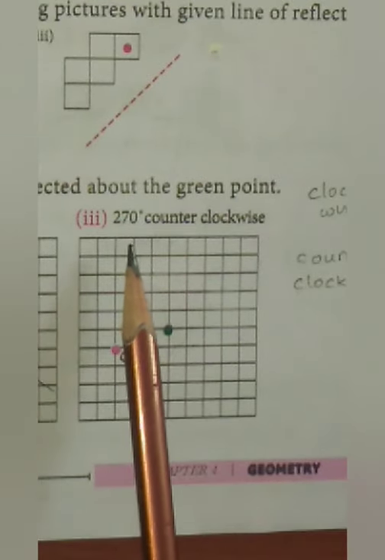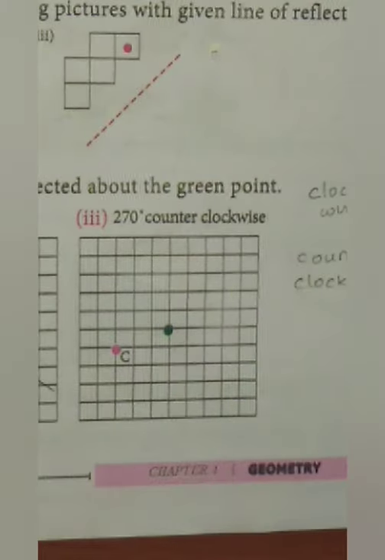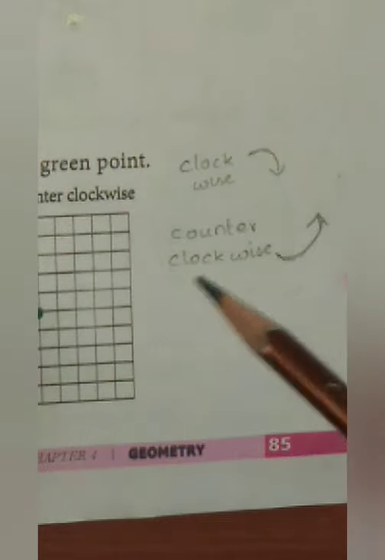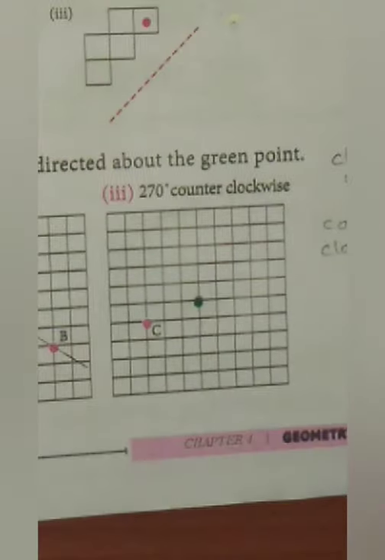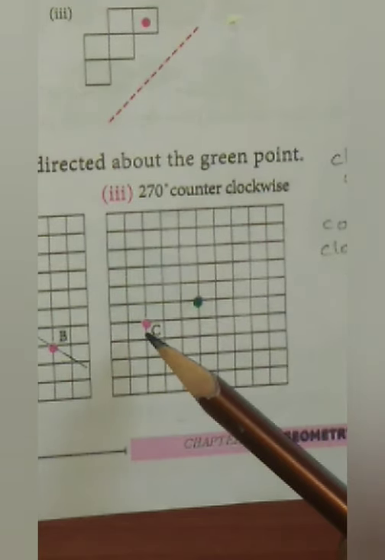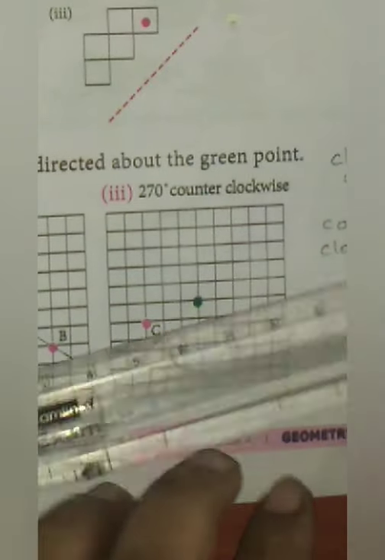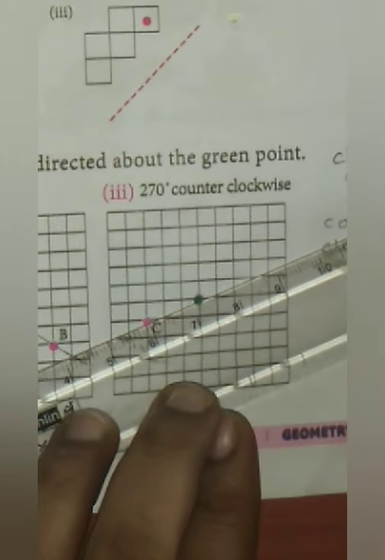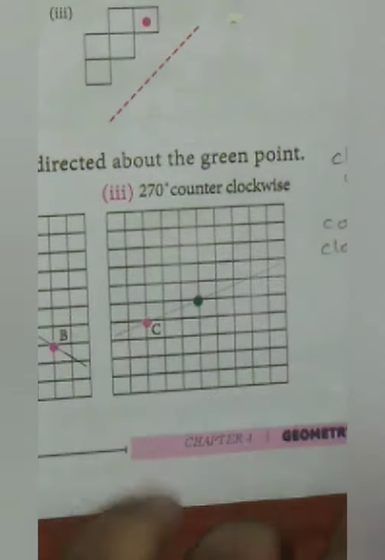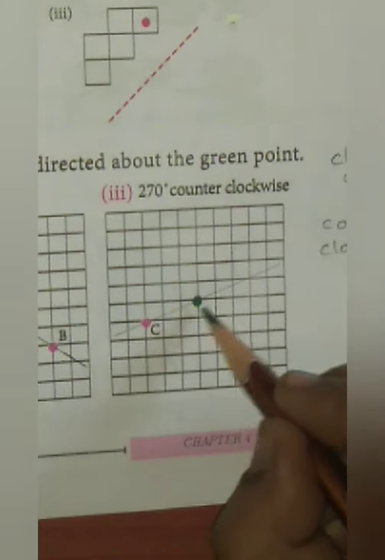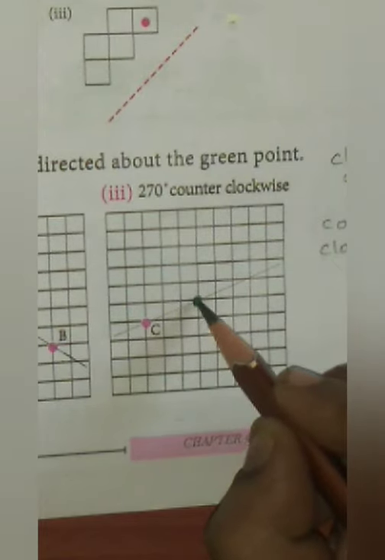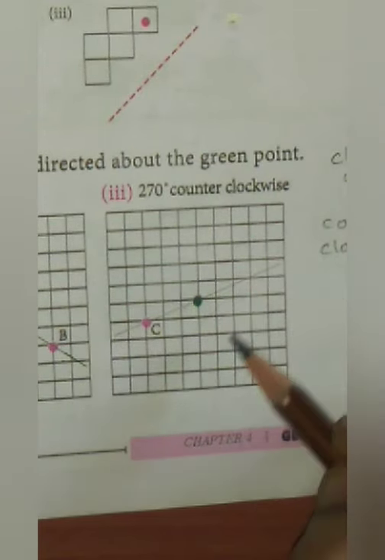Third subdivision, 270 degrees counterclockwise. Clockwise means we rotate like this, and counterclockwise means we rotate like this. Since we are asked to rotate by 270 degrees, let us first take 180 degrees by drawing a straight line. Join these two points and extend the line on the other side also. Now the angle formed on the straight line is 180 degrees, you know that. Now you take 90 degrees on this line,